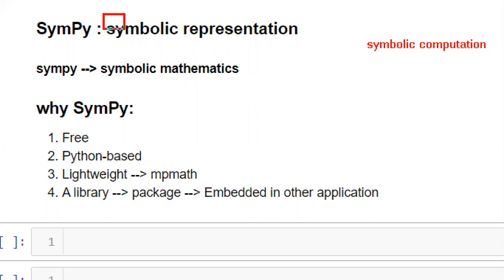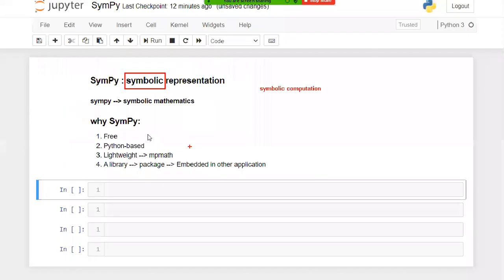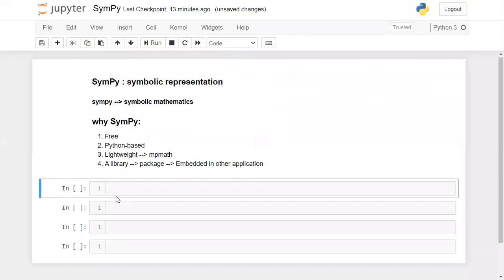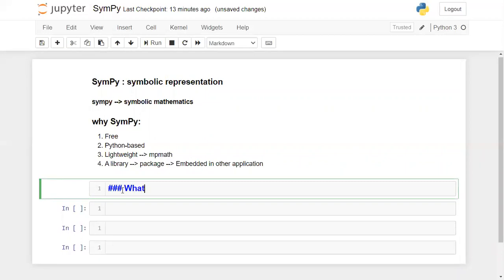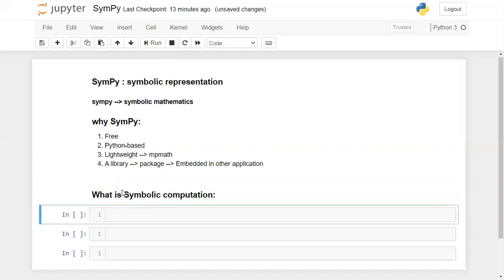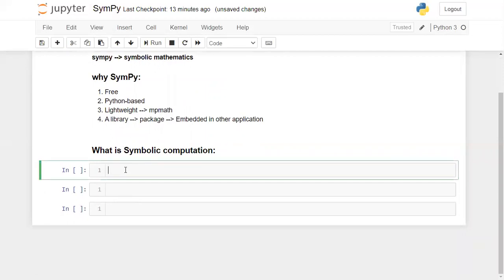Whenever you represent anything in terms of symbols, how are those symbols going to be helpful in future? I just want to give an example here. What is symbolic computation?